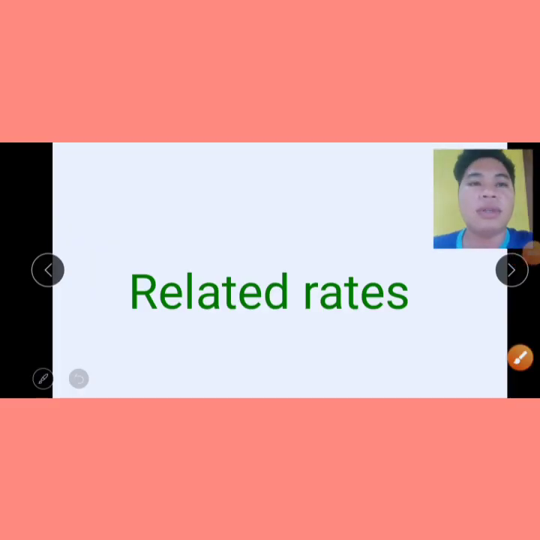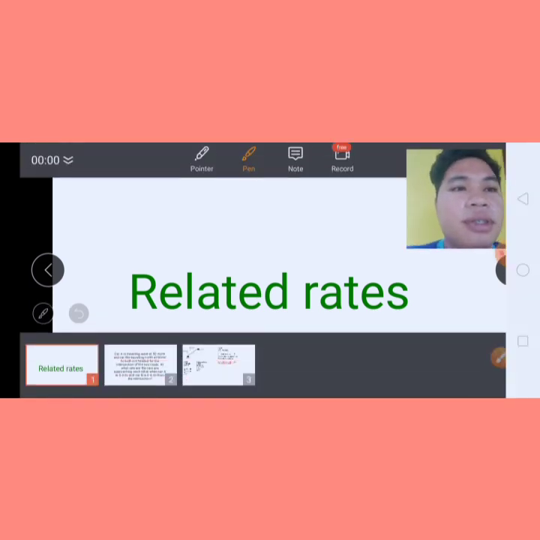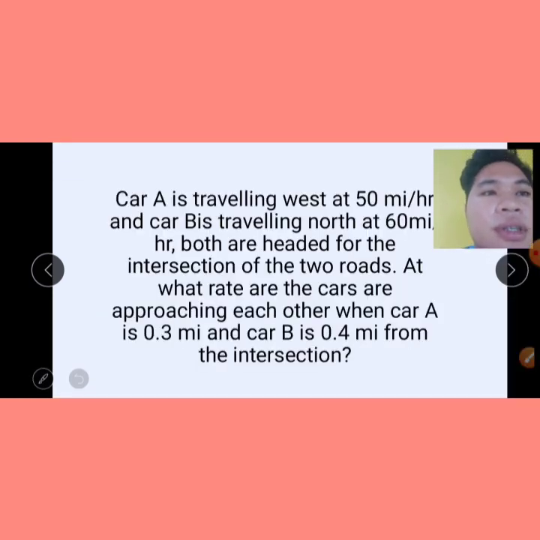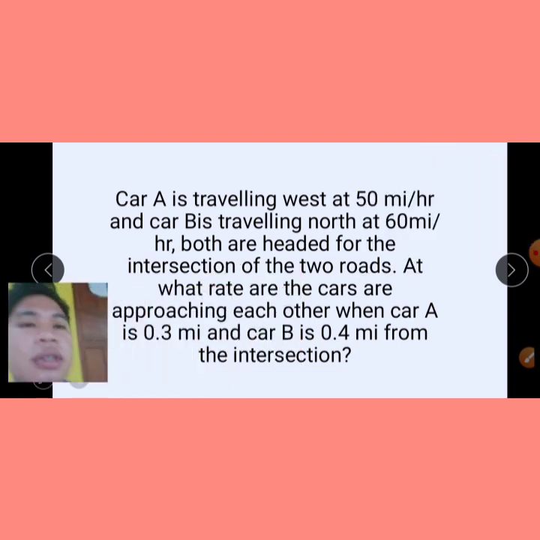So today I'm going to discuss related rates. I have an example of related rates. Car A is traveling west at 50 miles per hour and car B is traveling north at 60 miles per hour. Both are headed for an intersection of two roads. At what rate are the cars approaching each other when car A is 0.3 miles and car B is 0.4 miles